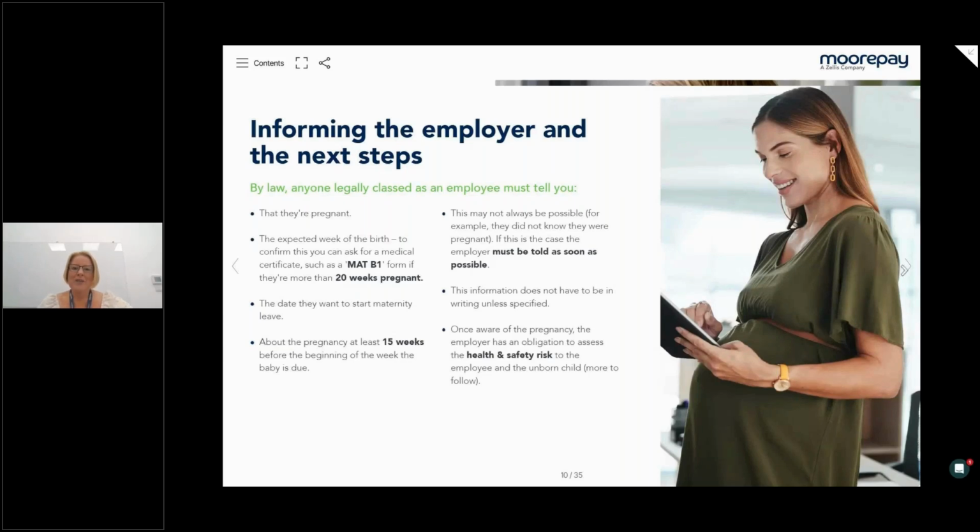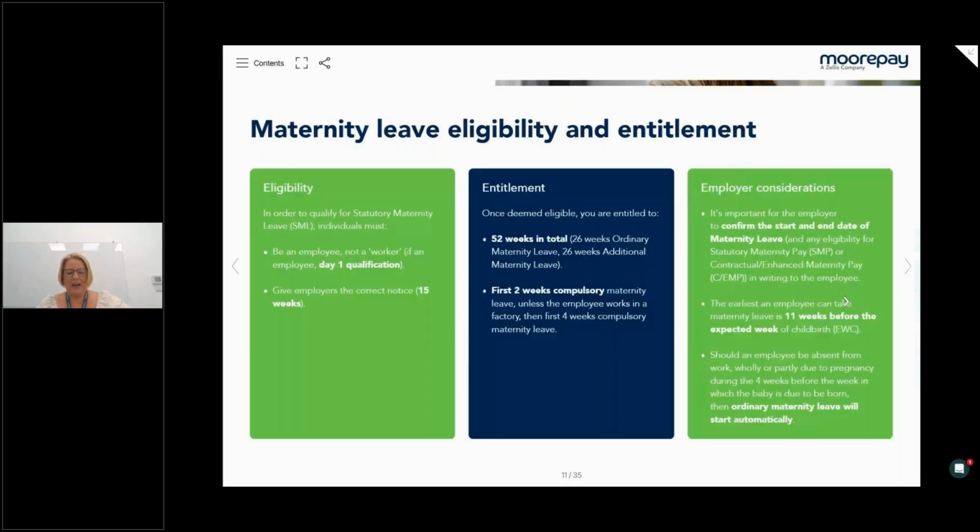Okay, so eligibility of maternity entitlement for the leave and the pay. Basically, for the leave, it's a day one right, maternity leave. Like I say, some people don't know they're pregnant, start a new job, you just don't know. But the eligibility for maternity leave is just to be employed. And then, as I've already explained, they should inform us by the 15th week before the baby's born, the qualifying week, as they call it.